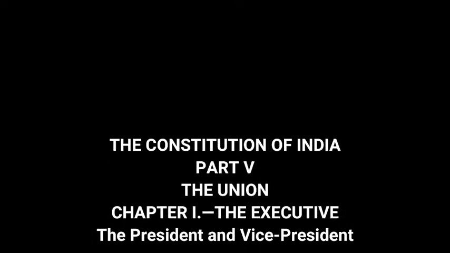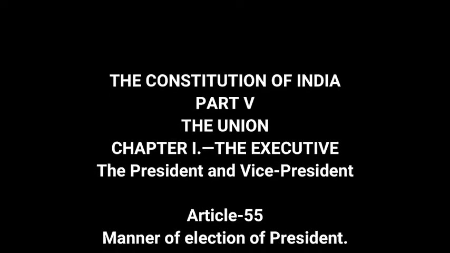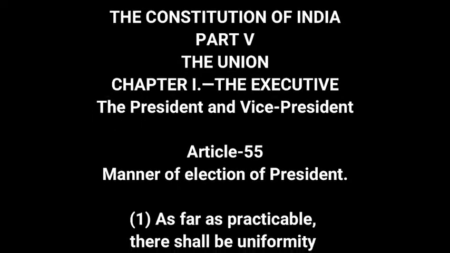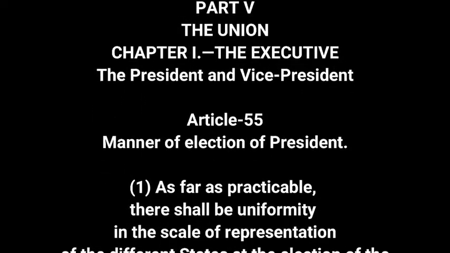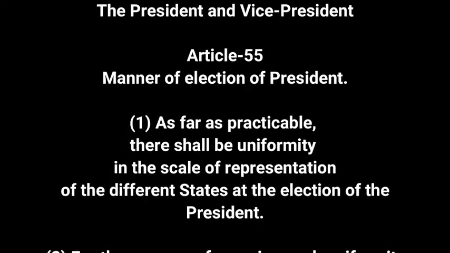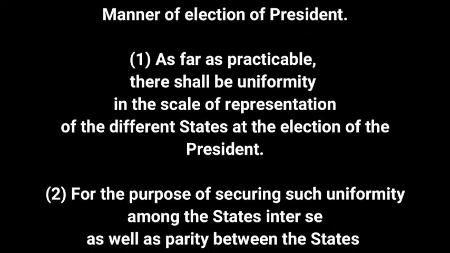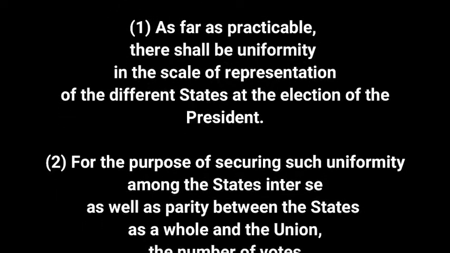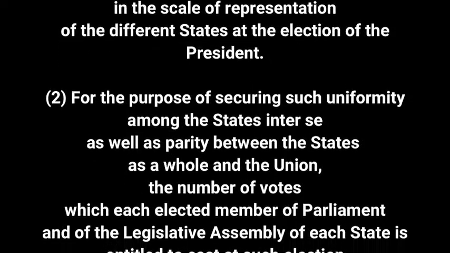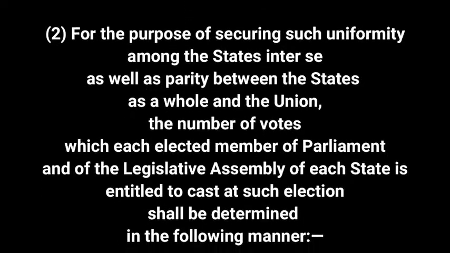The Constitution of India. Part 5. The Union. Chapter 1. The Executive. The President and Vice President. Article 55. Manner of election of President. 1. As far as practicable, there shall be uniformity in the scale of representation of the different states at the election of the President. 2. For the purpose of securing such uniformity among the states inter se, as well as parity between the states as a whole and the Union,